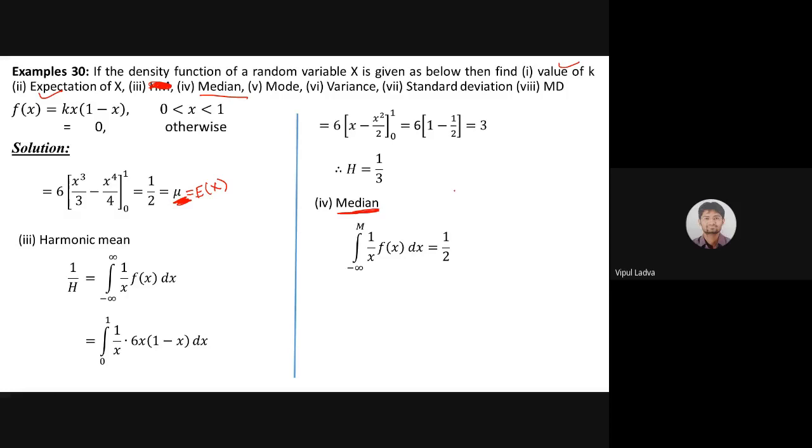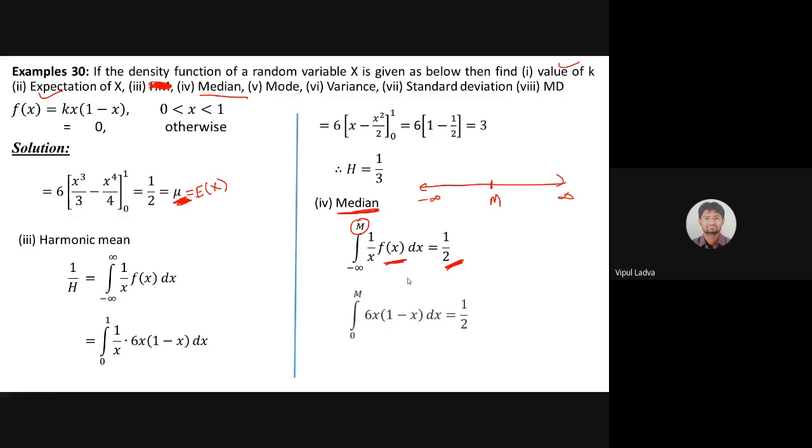So we know that our entire distribution is running from minus infinity to infinity for the continuous random variable, and we are interested in one of the points m for which the area is half. The area is exactly half. So I'm just assuming that point is a capital M. So I'm taking minus infinity to M, f of x dx equals half. I need f of x dx equals half.